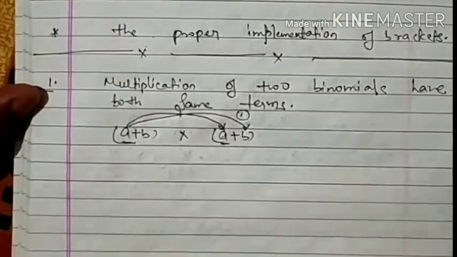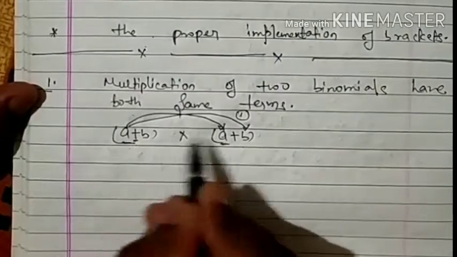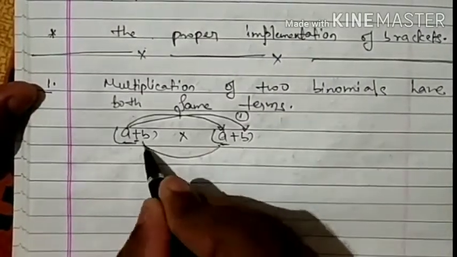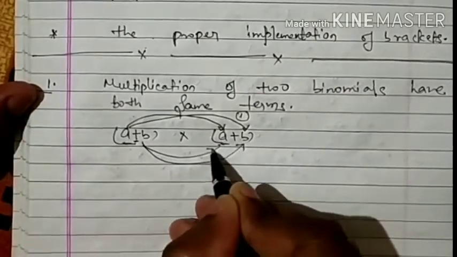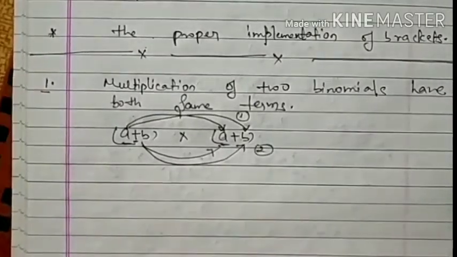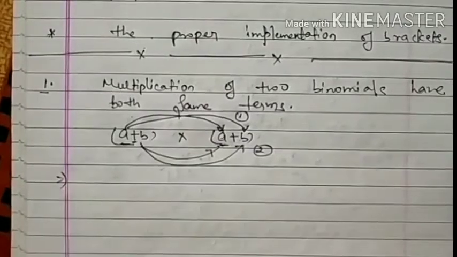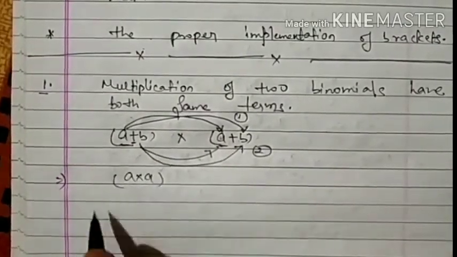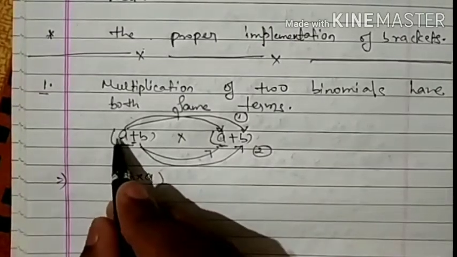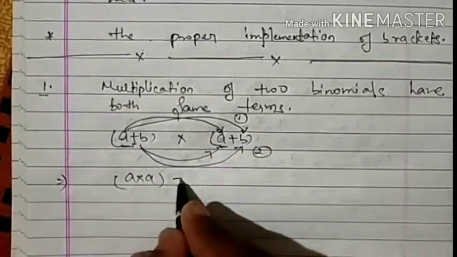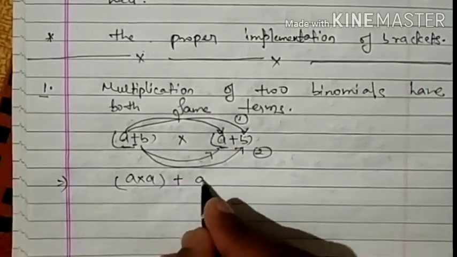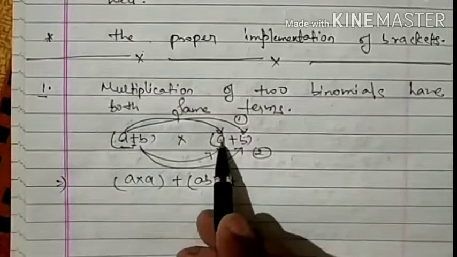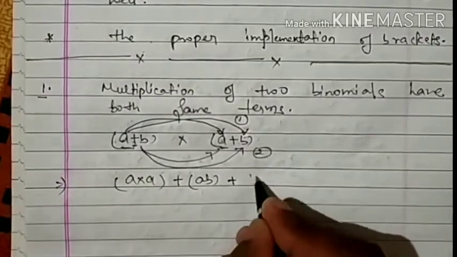This is the first condition, and with the proper signs multiplied together, we will multiply b with a and then b with b. These are the second criteria. So what will happen? A multiplied by a, there is no sign before it, that is we have a plus sign, so plus plus plus. A multiplied by b will be ab, again plus plus plus. b multiplied by a will be ba, or we can simply write ab,